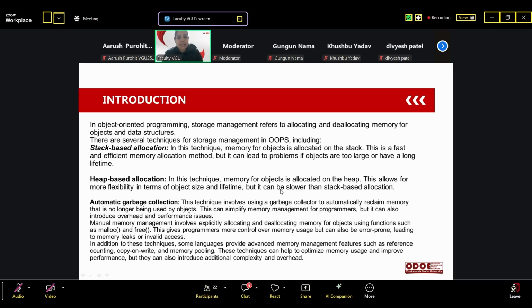This can simplify memory management for the programmers, but it can also introduce overhead and performance issues.